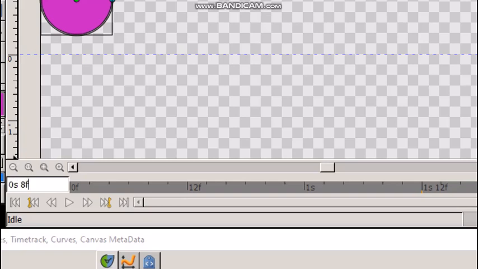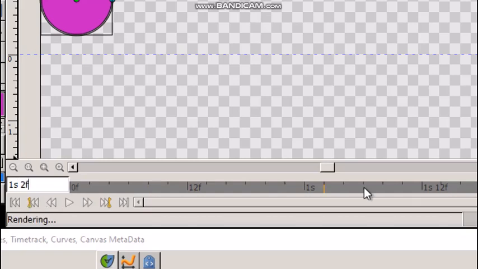Now suppose if I type in the entry field as 0 seconds and say 8 frames. Enter. So this orange color indicator indicates 0 seconds and 8 frames. So whatever we type here, this orange color indicator will take us to that position in the time slider. Suppose I type here 1 second and 2 frames.